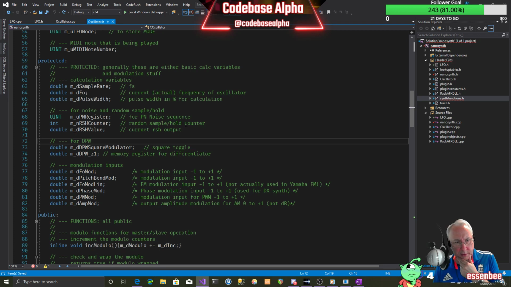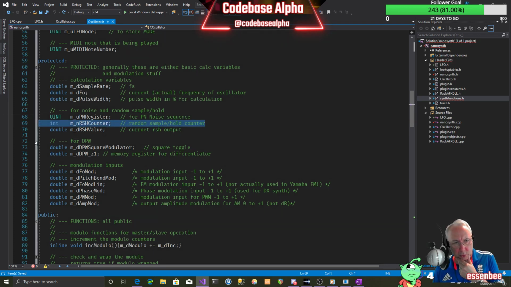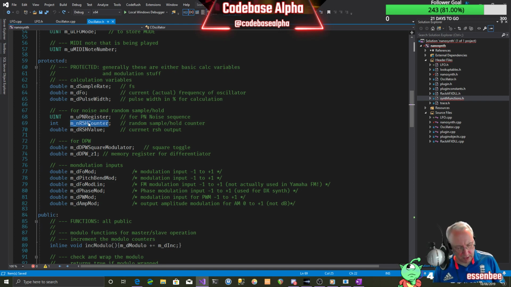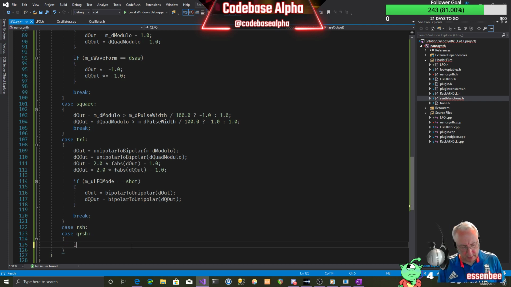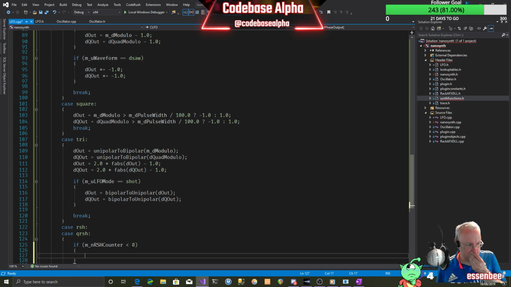There it is. The random sample and hold counter. So we need to know something about that. So if that is 0, or if it's less than 0, we know that we haven't actually been through this process. So if that is less than 0, then,